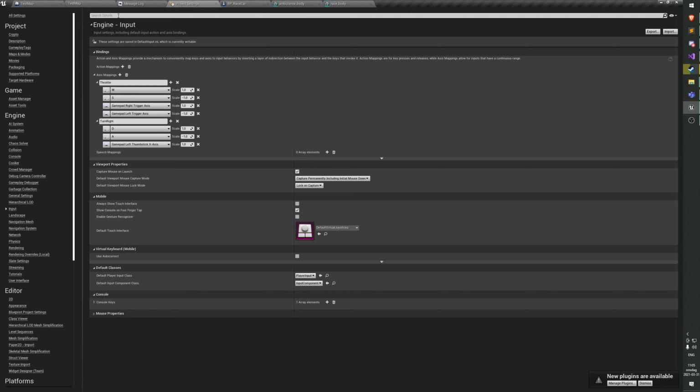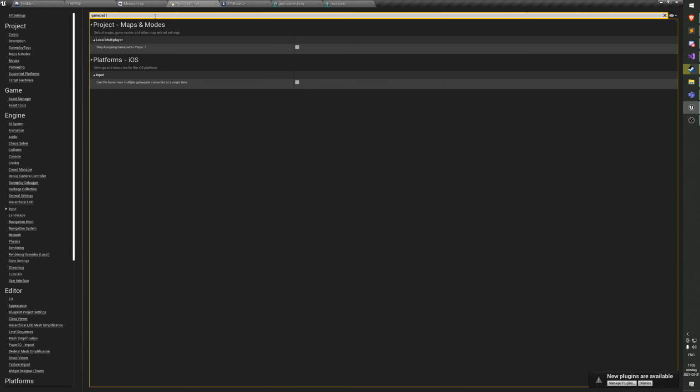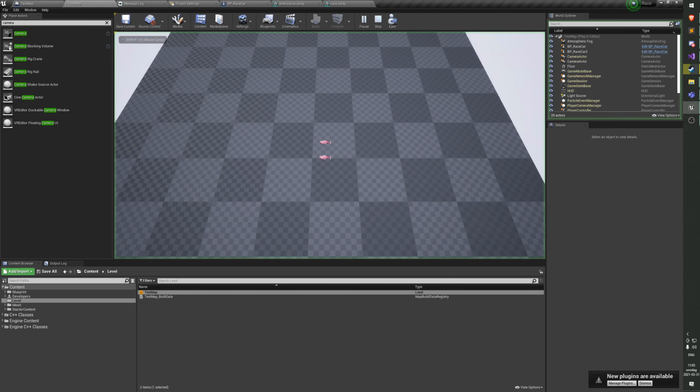But if you only have one, like I do, you can go into project settings, search for gamepad, and enable skip assigning gamepad to player 1. This will mean that player 1 will only be able to play with keyboard. They won't have a gamepad assigned to them. So that's good if you're trying to do multiplayer games with only one gamepad in your computer. So now if I play,